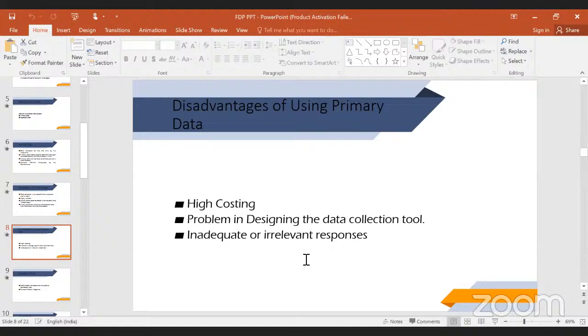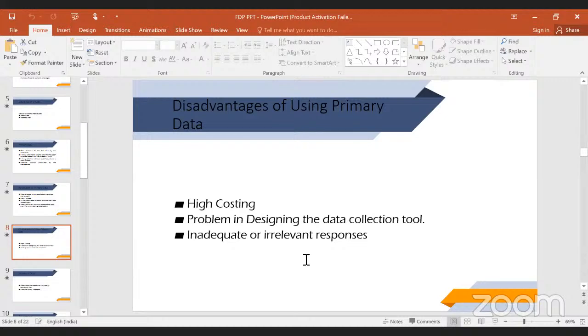Next is inadequate or irrelevant responses. Sometimes when I am going to collect the data, say for example, you people must be receiving your feedback form during the course of this FDP or workshop. Many of you might not be responding to this feedback form even after we ask you to fill it as soon as possible, or after so many reminders you do not fill it on your own. That is something every person collecting primary data has to face,